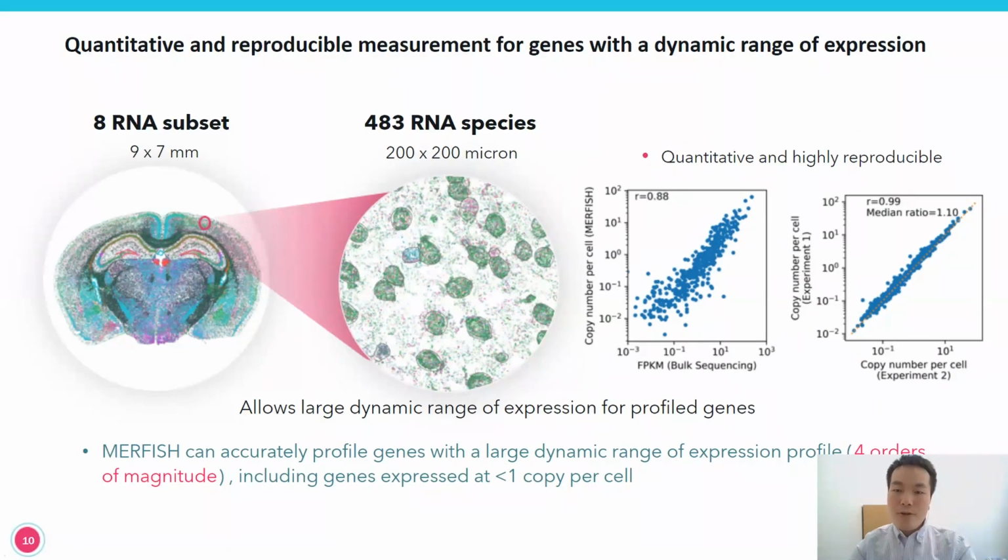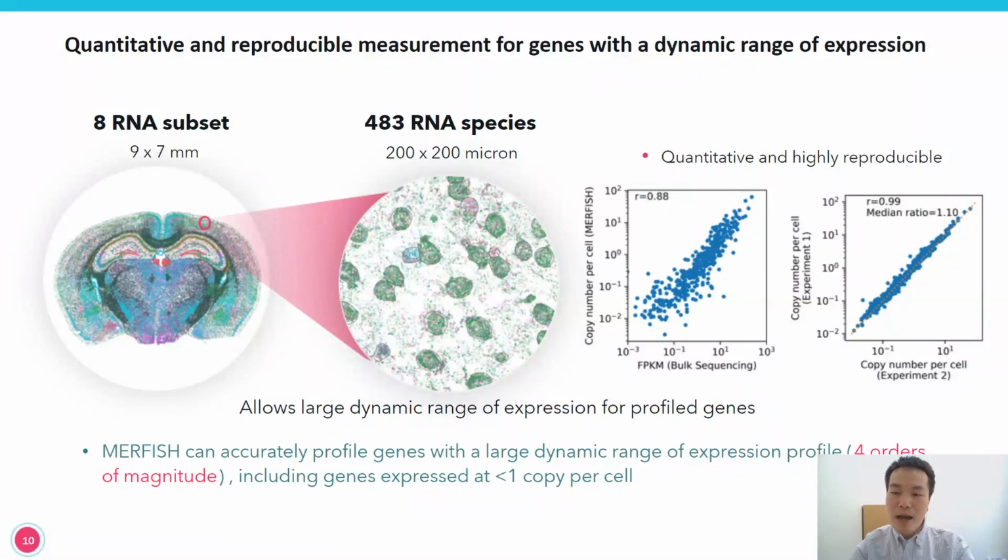On the slide, what you are seeing in the left in this 9 by 7 millimeter image is the distribution pattern for a subset of 8 genes out of this 483 gene panel. Hopefully, by glancing at the picture, I hope you can already see the very intricately layered structure in the mouse brain. For example, across this corner section, you can even zoom in to each single field of view